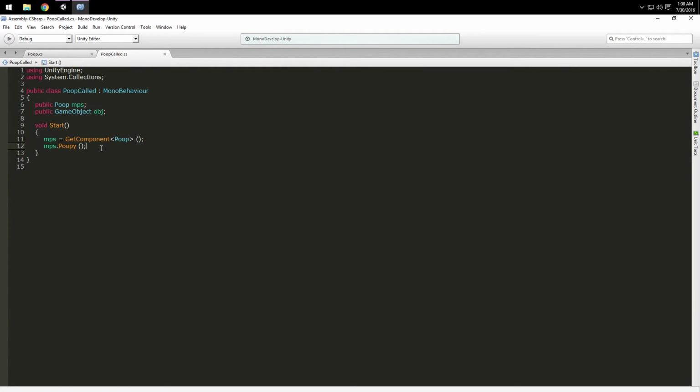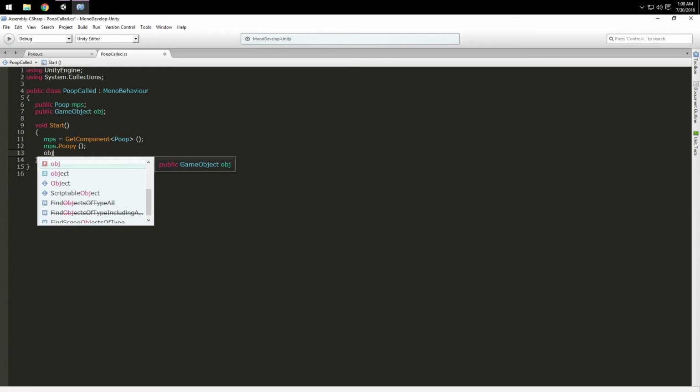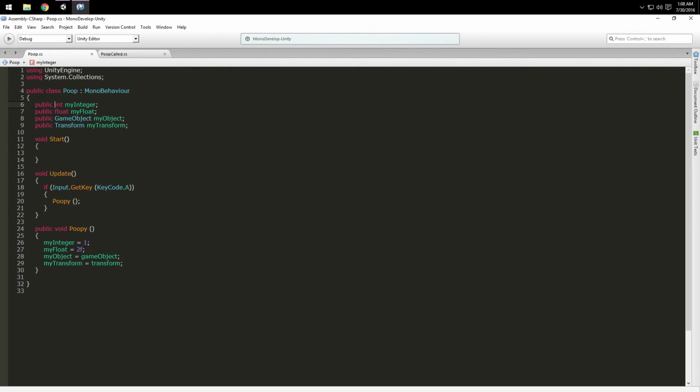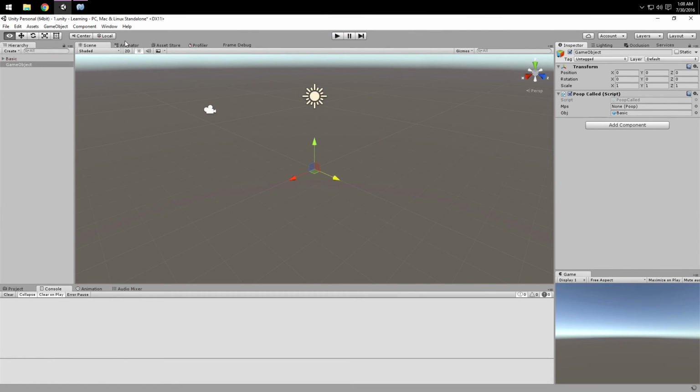Every variable you can do that too. So like obj dot, as you can see, it's going to give you all the things you can do. I want to call these attributes, but they're not attributes. I just call them attributes. But the different things you can call on that variable. Same thing with ints, well, I don't know, not really. But yeah, that's how you reference other scripts. I know that makes no sense either, but